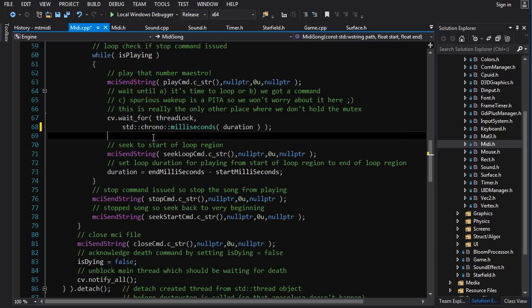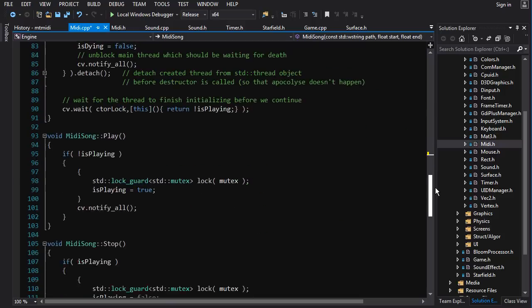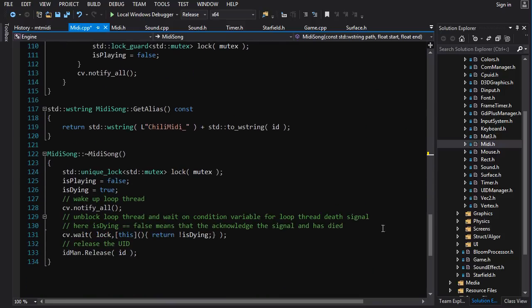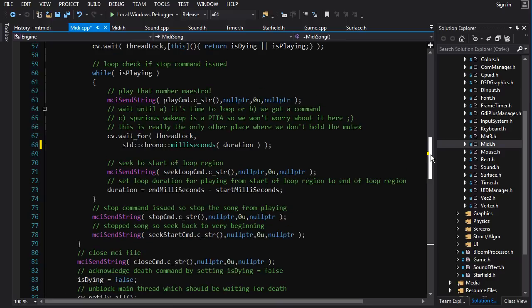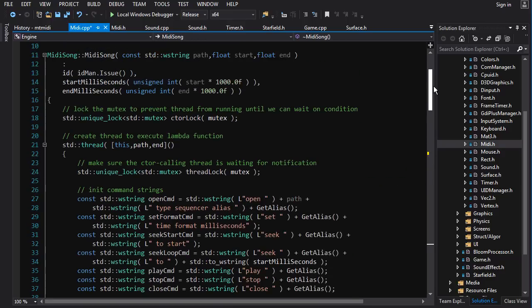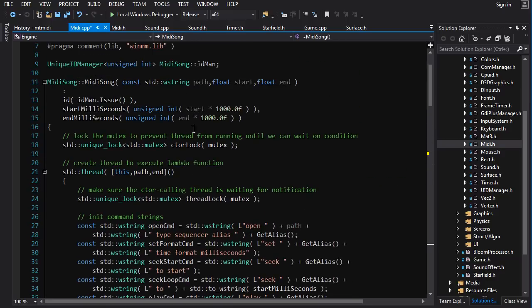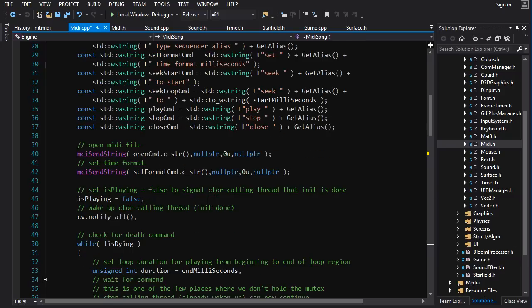And I'm lazy, so I'm not going to cover that point. But in general, you should cover yourself for spurious wake-ups by putting in a predicate or something else, checking a condition before just assuming that you received a proper signal before continuing. All right, so that's all there is to this. I mean, the other stuff that we changed here